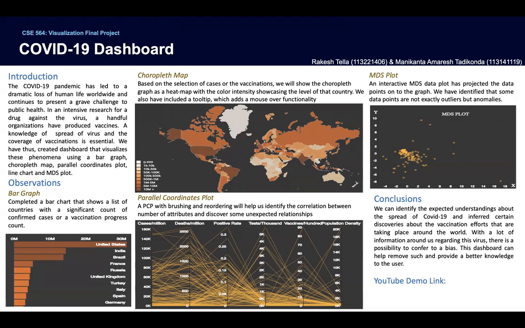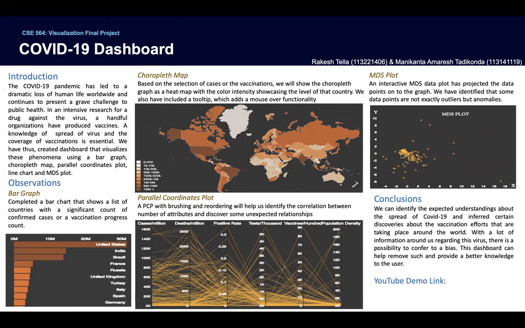Unlike many other dashboards that we currently have for COVID-19, we are trying to include both the scenarios of the cases that are being spread and also the vaccination efforts that are currently being undertaken across the countries of the whole world. In this dashboard, we are trying to showcase both pieces of information side by side so that one can compare them and draw some interesting inferences. That's the introduction of our